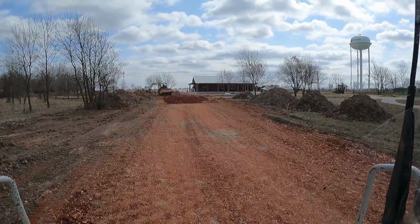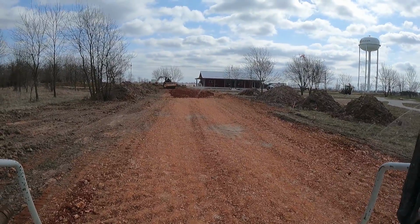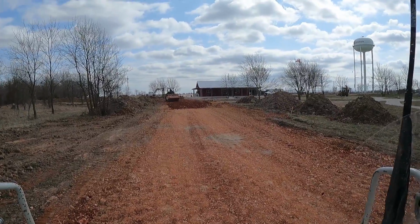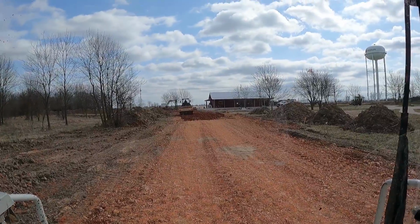I mean, even if it's 5 or 6 inches, we're gonna put fabric over it and then probably put a layer or two of 3-inch base down, and then go back with 1 inch, and then it'll be ready to start for the railroad ties. So,